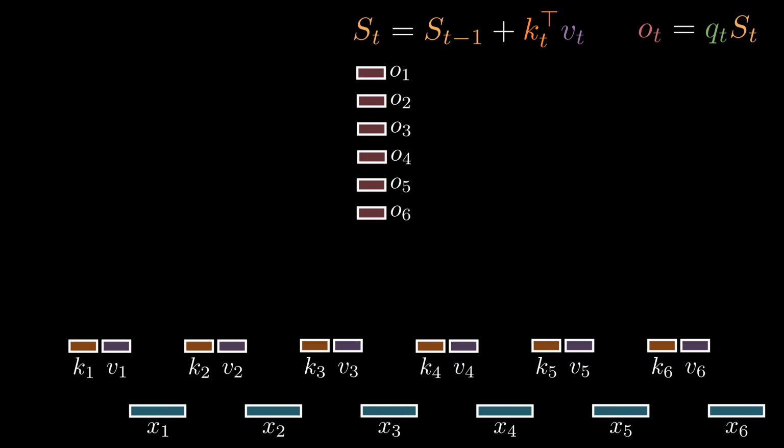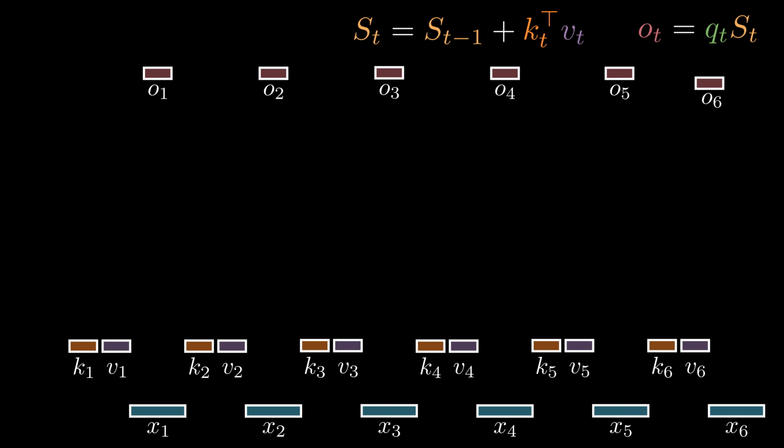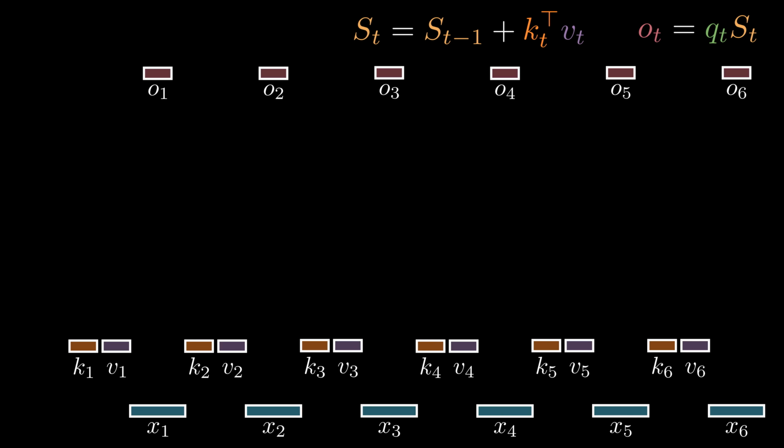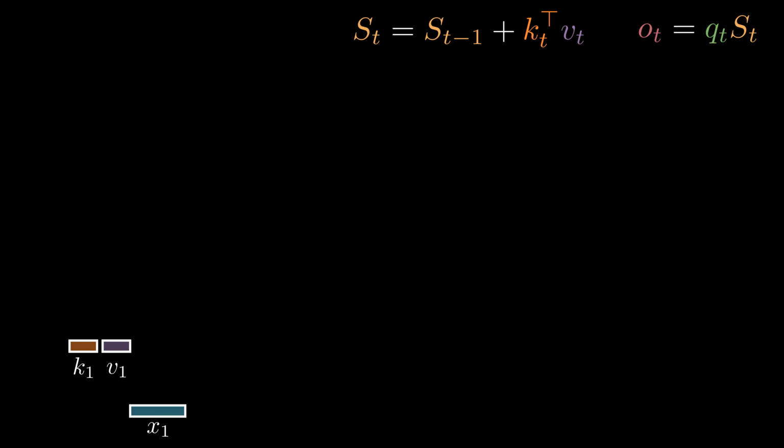At a high level, linear attention takes a sequence of query, key, and value vectors and produces a sequence of output vectors. Let's start with the first token. We initialize the hidden state S0 as a matrix where all the entries are zeros. To update the state matrix, we take the key vector K1 and value vector V1 and compute their rank 1